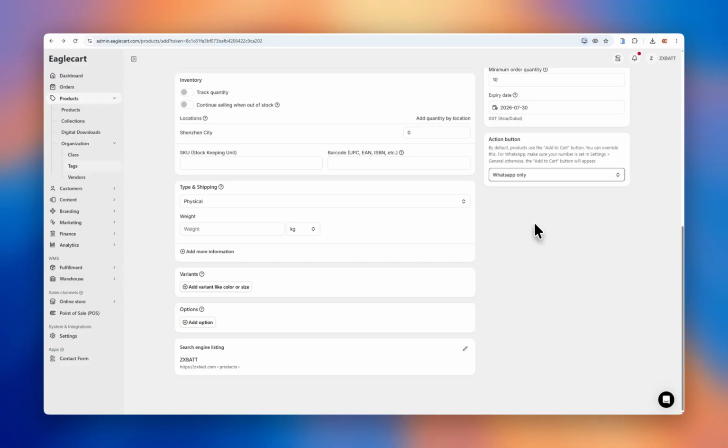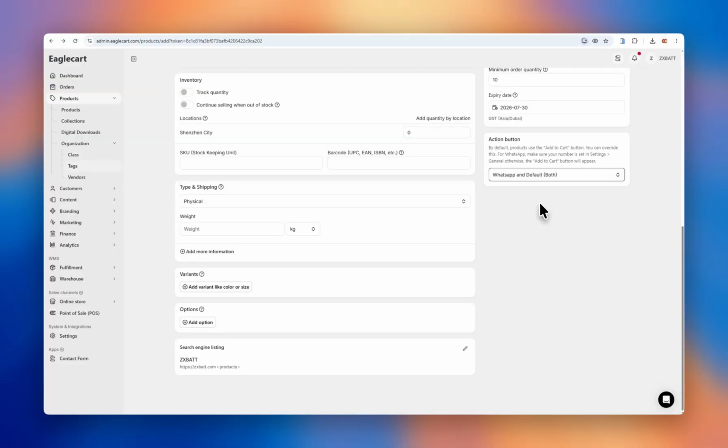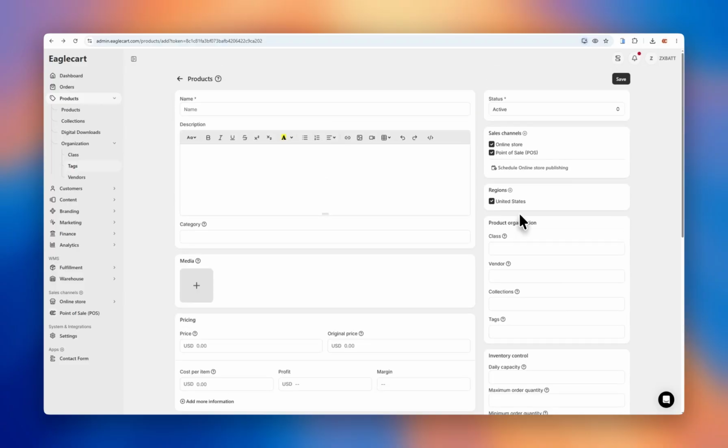In that case you will have only the WhatsApp button to be connected, to be contacted with you. And you can choose both buttons. I always suggest WhatsApp and add to cart button both. Let the user choose to purchase from the website or to contact you through WhatsApp. So these are the main features which I showed you in the blank page, and in the next page I will again